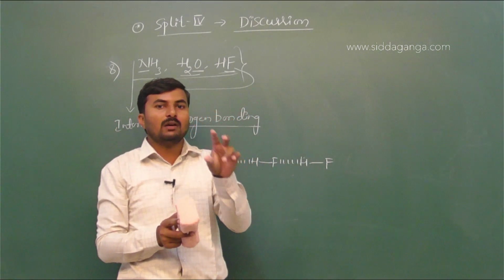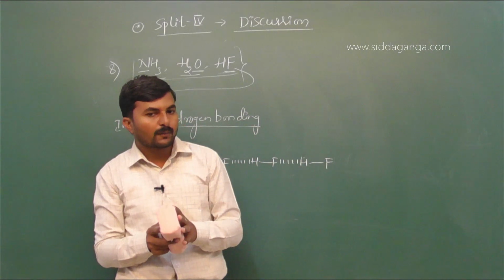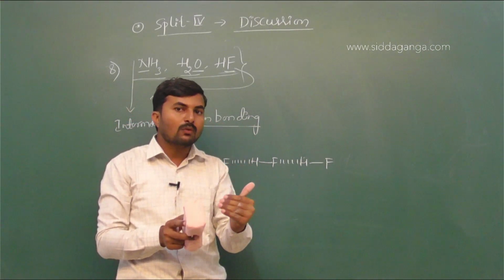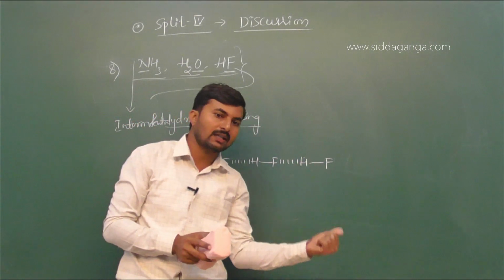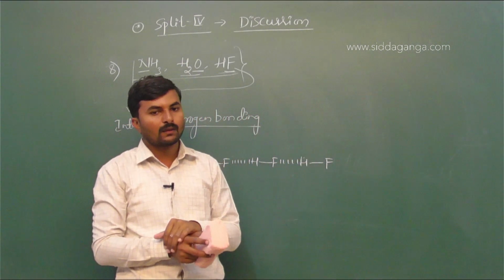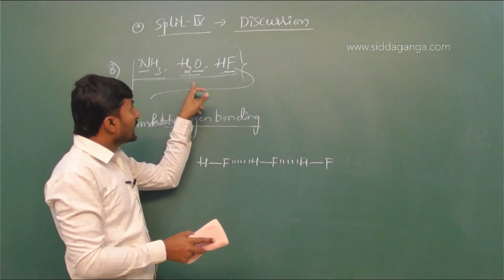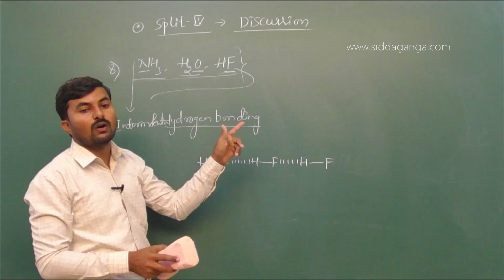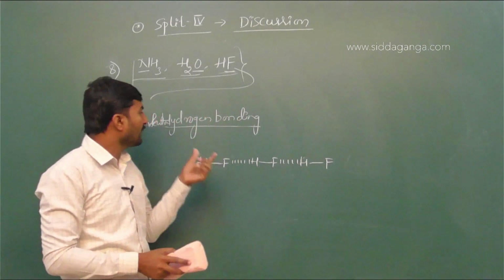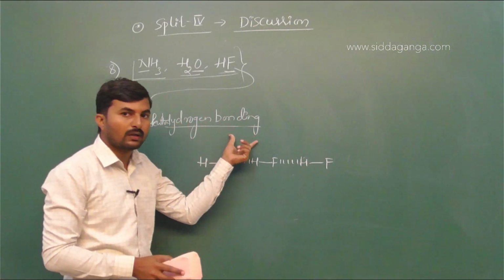The bonds between the molecules get even stronger, which means we have to apply more and more energy to break those bonds, that is in the form of either boiling points or melting points. So the reason for these hydrides to exhibit higher values of melting and boiling points is the intermolecular hydrogen bond.